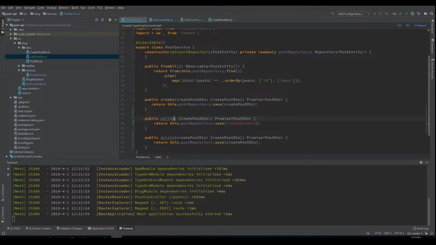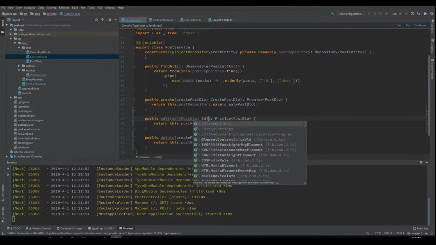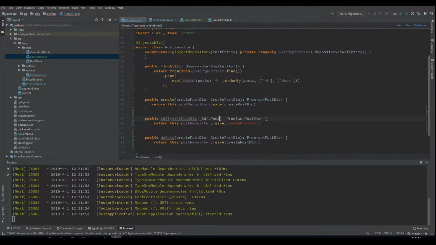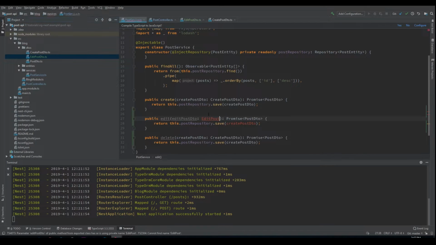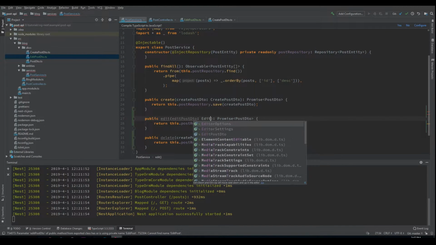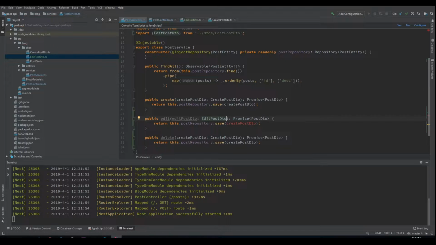As we already talked about the edit, this will be a different DTO. This will be an edit post DTO, and we change the type correspondingly. Edit post. Yeah, we need to change the interface, the class name as well. Yeah, good. Edit post DTO. Now, when we go to the repository